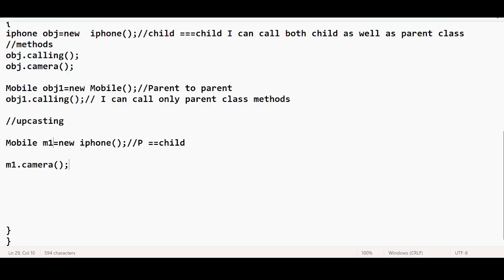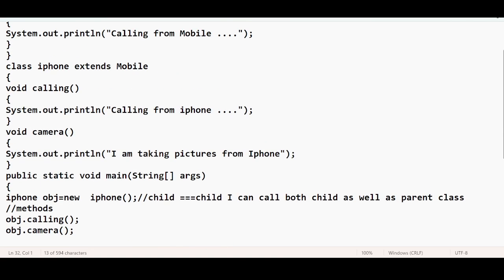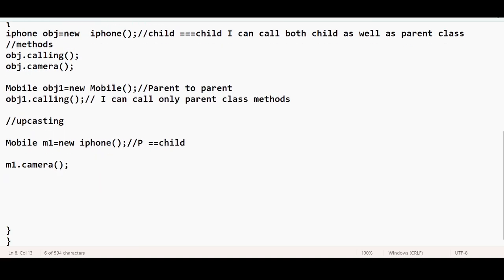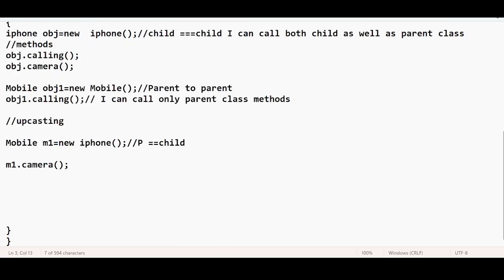Looking at the left hand side, by using this mobile reference, you cannot call any specific method from the child. The camera method belongs to the child class iPhone. You can call only the parent class methods, and in the parent class, the calling method is there. Let me call that.